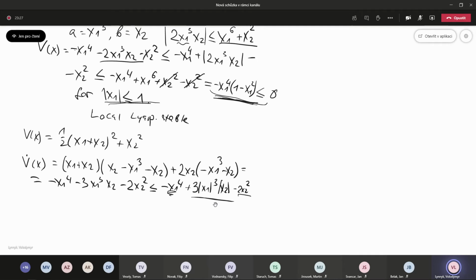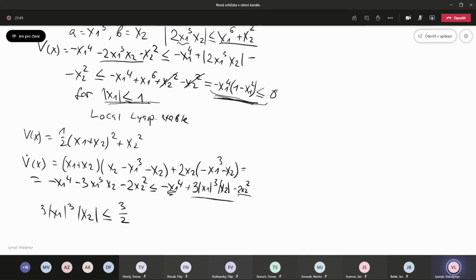And using the analogous estimate of the middle term as in the previous case, we get that 3 x1 cubed x2, this middle term, is less or equal to